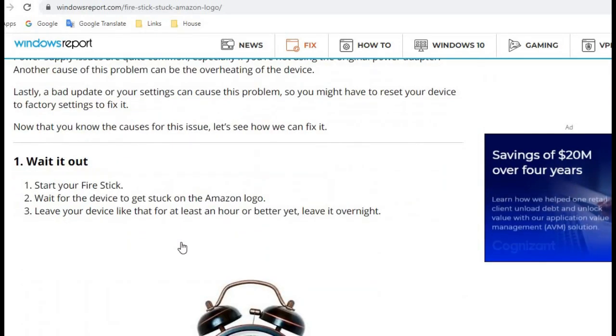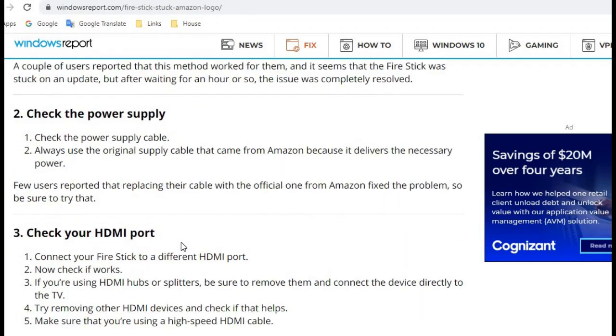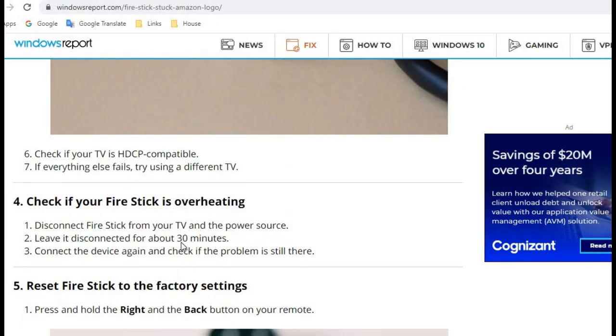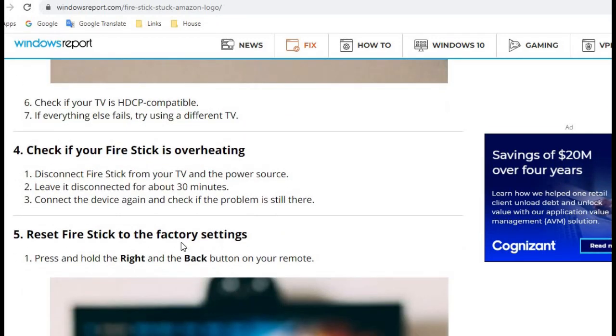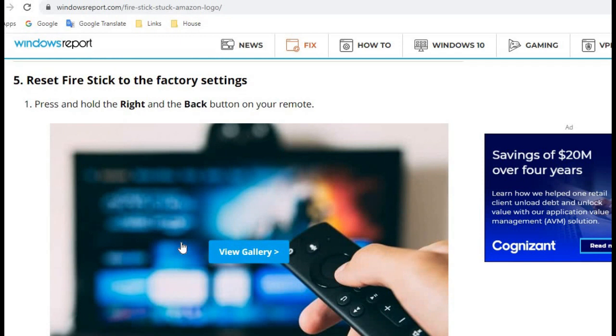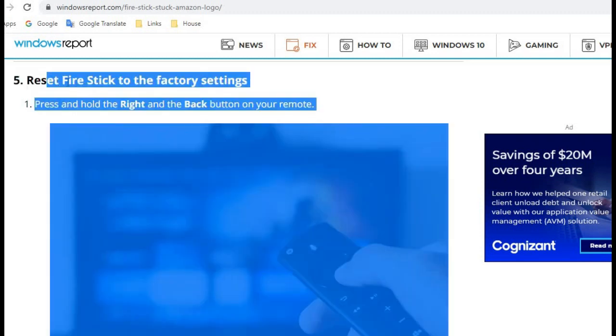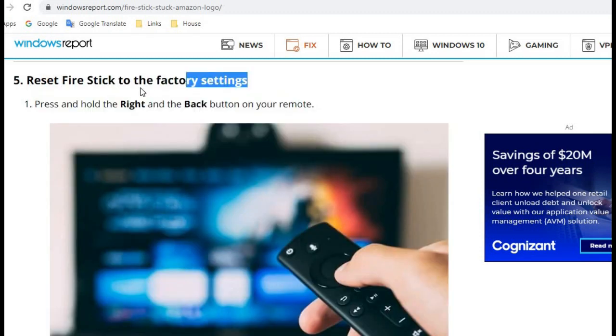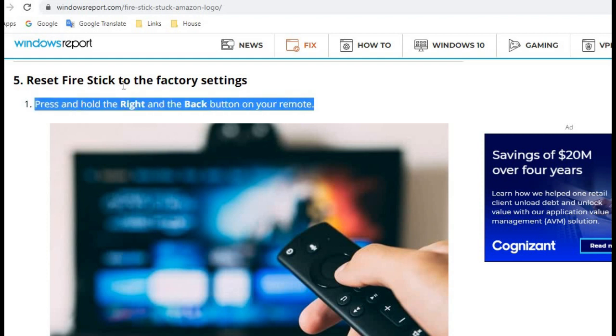Both the links are in description guys, so you can check it out. And the fifth point in this video tutorial is that you have to press the right and the back button on your remote for 10 seconds, and then you can get the option to factory reset your TV. And then you have to install all the apps again, but yes, you get out of that sign in screen death window.